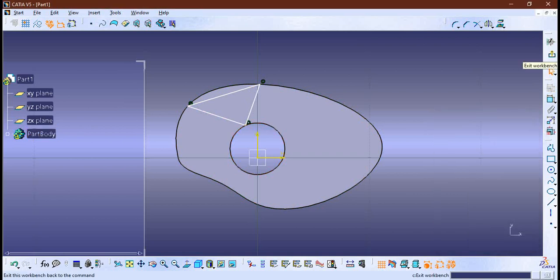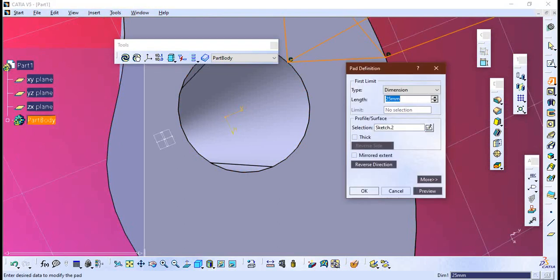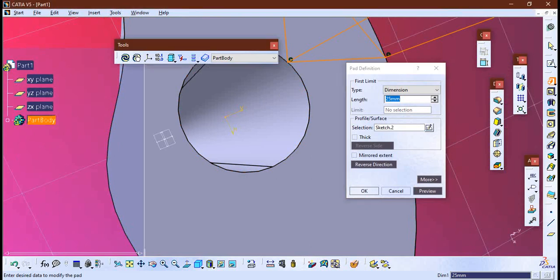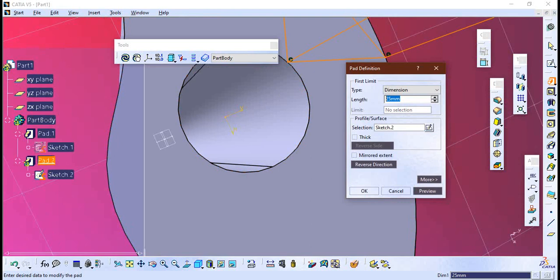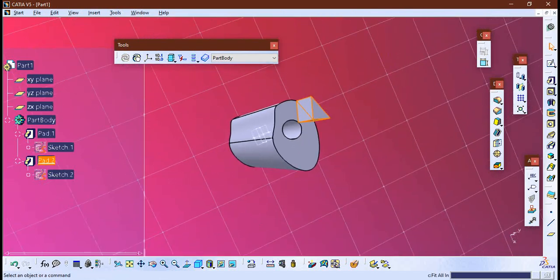Okay, now click on Exit Workbench, and I'm going to create a pad for this sketch. So over here the sketch selected must be Sketch 2, because Sketch 2 is the sketch which we have drawn right now, that is a triangle. And I'm going to give a dimension of 10 and click on OK. So it will create a section like this,